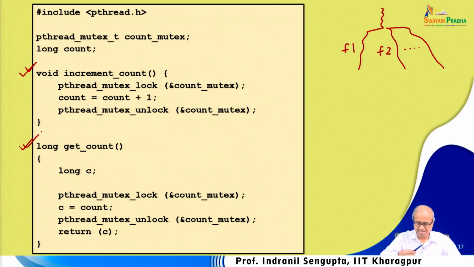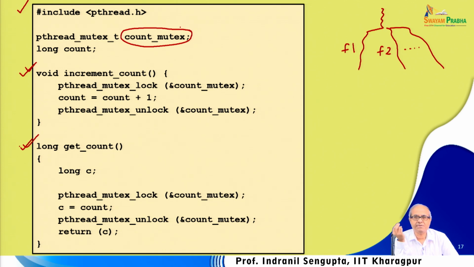So, here what we are saying is that, as I said, there are two functions f1 and f2. Let us say increment count is f1, get count is f2. Here we are using the pthread.h library. I am not writing the complete program, only part of it. There are two variables I am defining which are of interest to us. For defining a mutex lock, we are defining a mutex lock whose name is count_mutex,